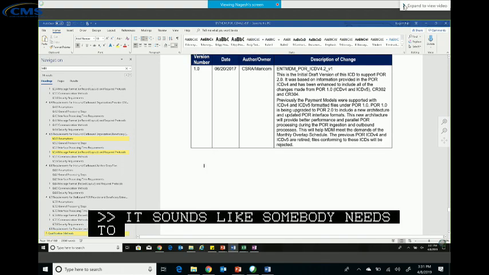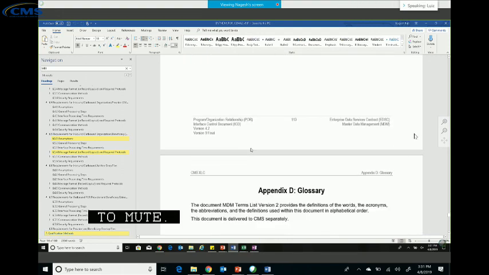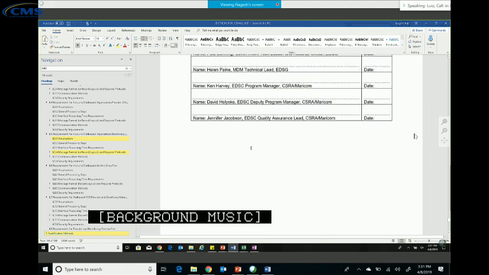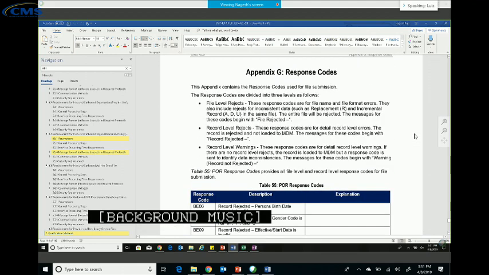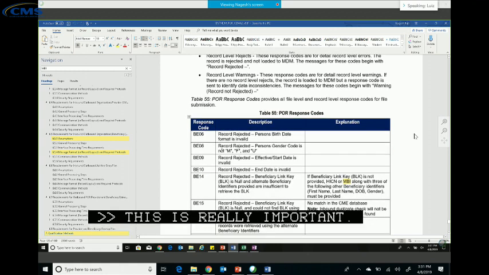All right, and then jumping into Appendix G, that's really important. This is where we have all the response codes. And what you need to pay attention to is